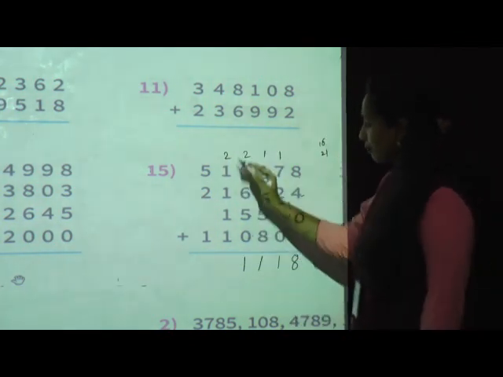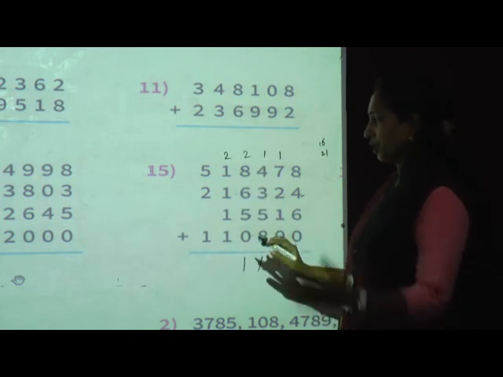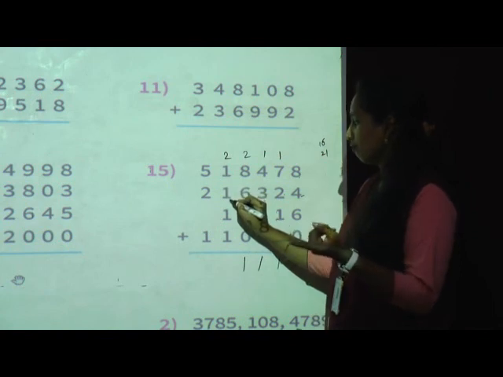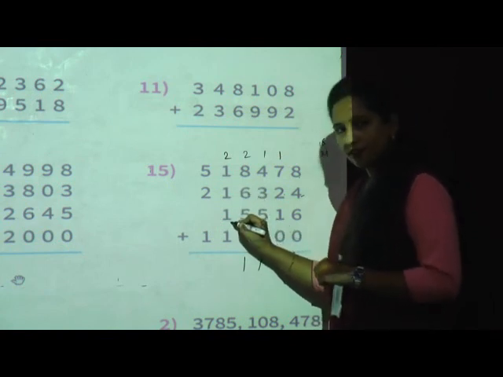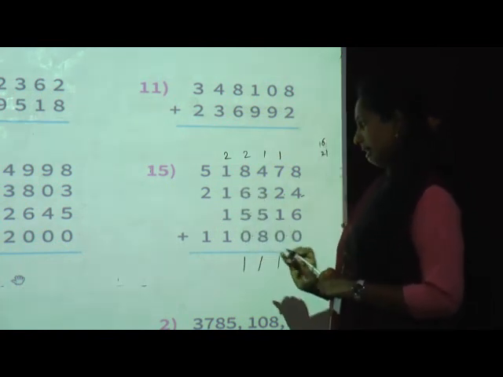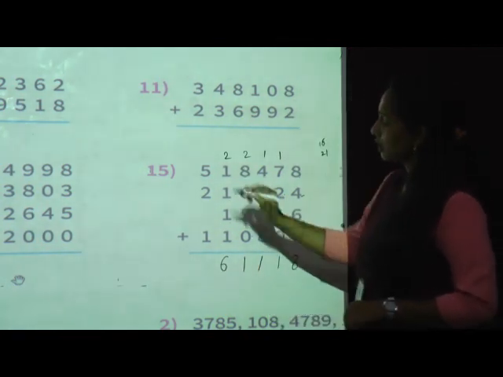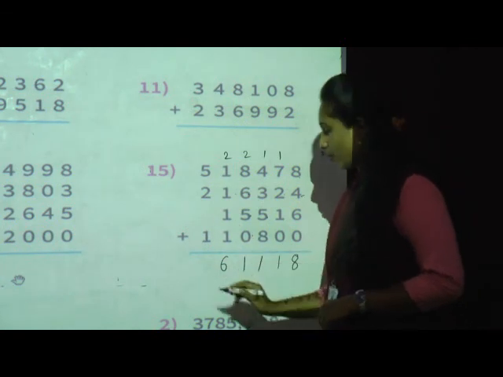Now we will add this. Very small numbers are there, no need to keep on fingers. 2 plus 1, 3. 3 plus 1, 4. 4 plus 1, 5. 5 plus 1, 6. So write 6 as it is. Now 5 plus 2, 7. 7 plus 1,